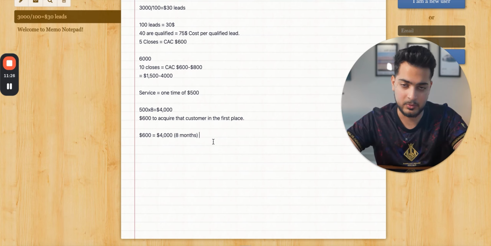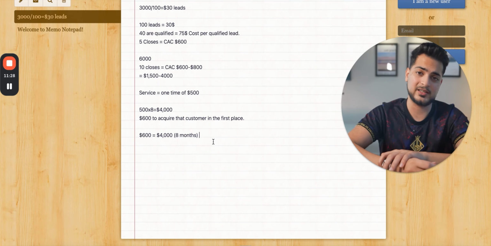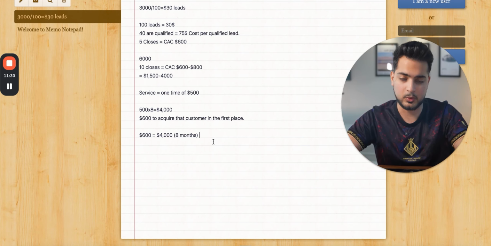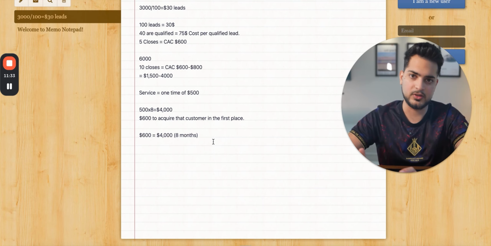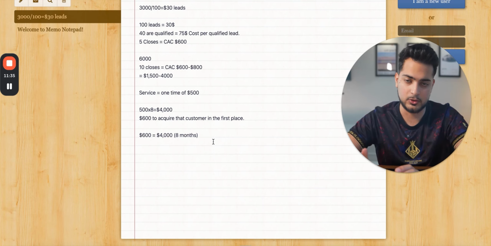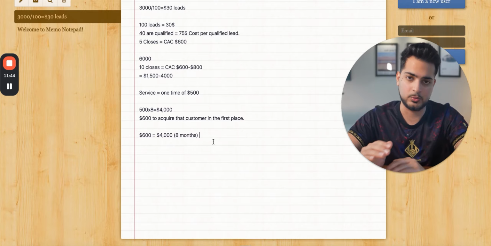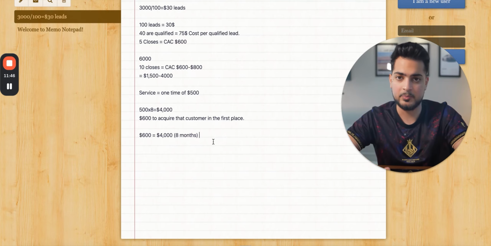Give it at the very minimum 3 months. I even suggest 6 months. So for example, whenever people work with us, 3 months is something where we prove to them, hey, this is what you can do to close people. Most people, to be fair, close people within the first month or first 2 months, because we've been doing this for a while. We can make the entire process super easy by knowing what the process should be. But if you're doing this yourself, you have to understand you give at least